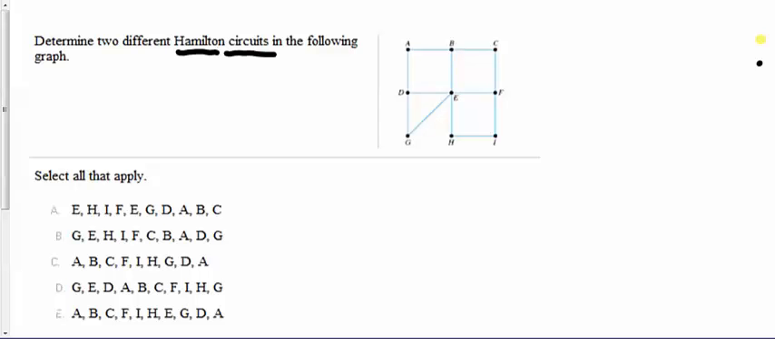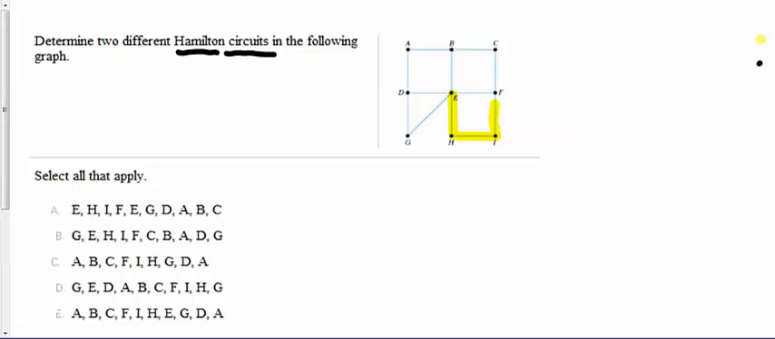Since there could be many Hamilton circuits in this graph, let's go down through the list of choices and see which of those paths or circuits are Hamilton circuits. So let's start with A. If we look at A, it begins at vertex E. And then it goes to H,